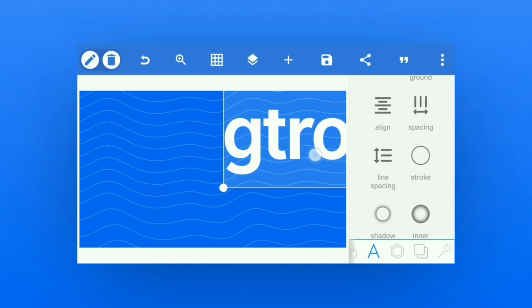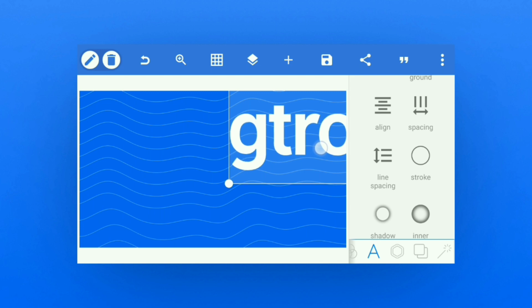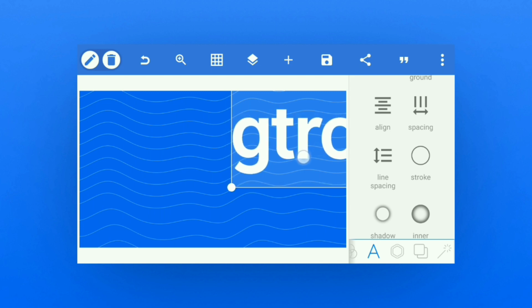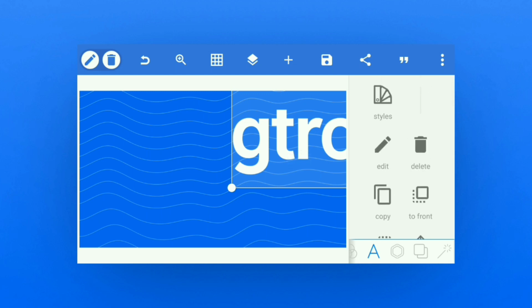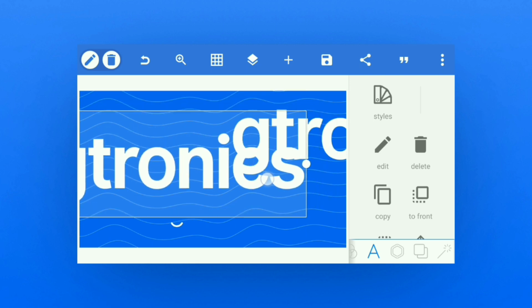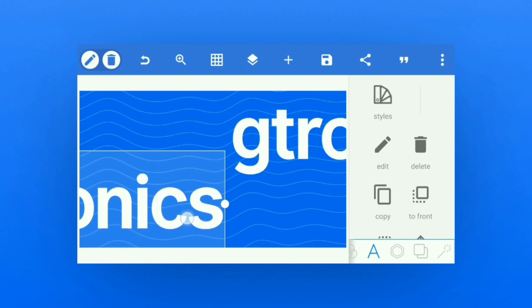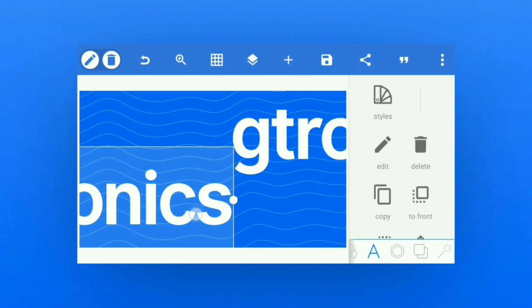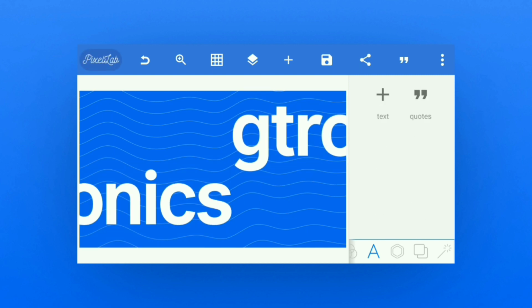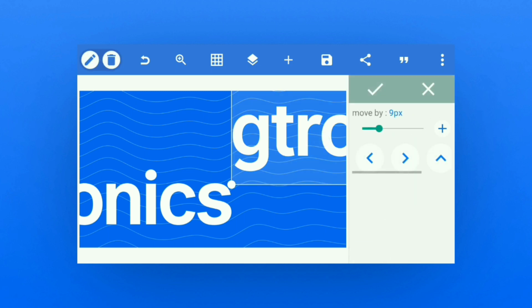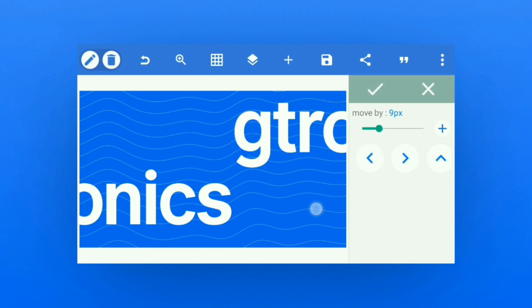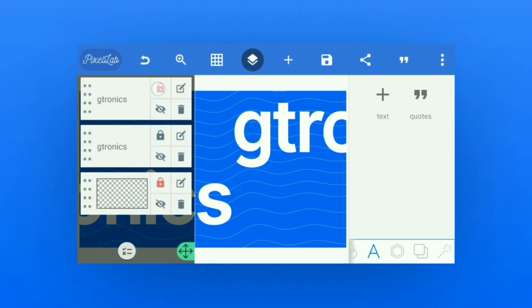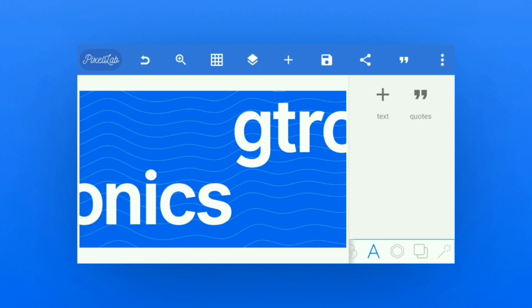And the word Gtronics is split into G-T-R-O around that, and I will make a copy of the same text and place it on the left bottom corner just to balance the design. When we balance the design, automatically everything starts to look good. Now I will make very slight adjustments. You can play with these on your business card design.